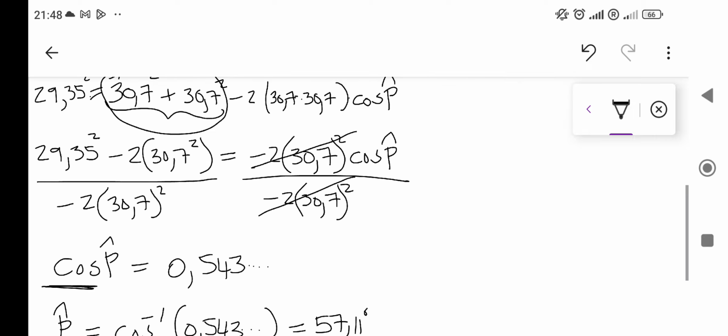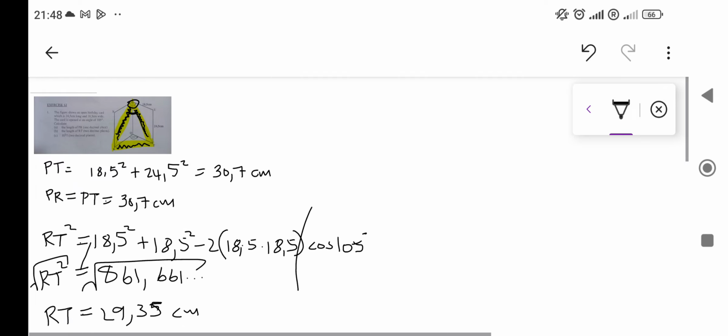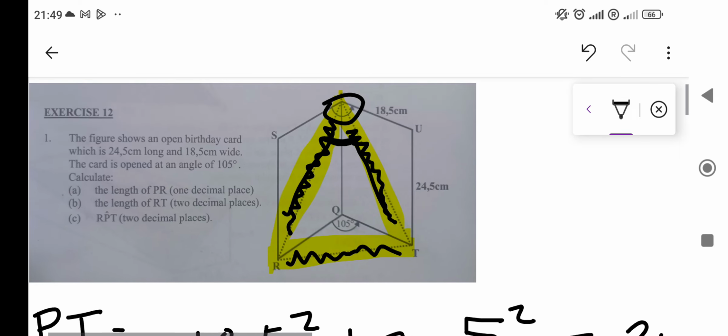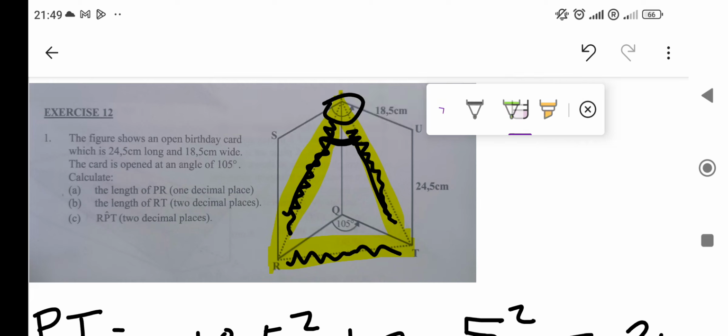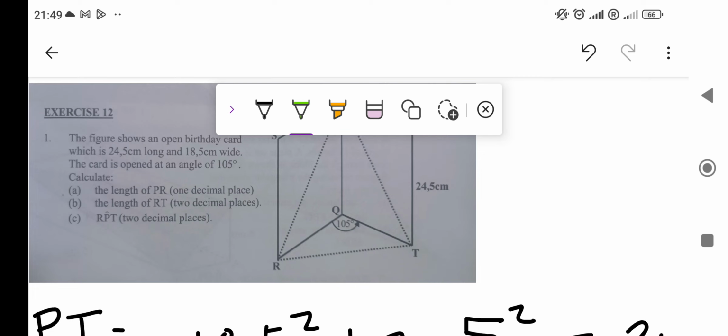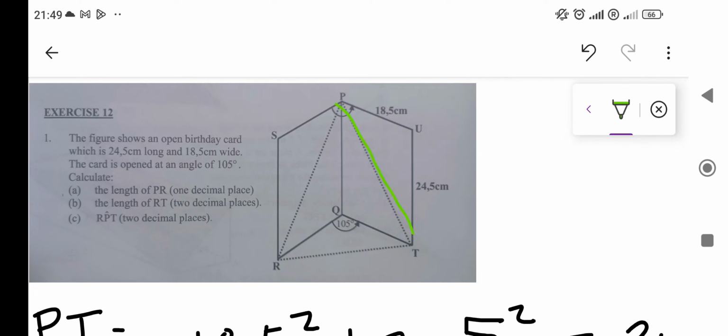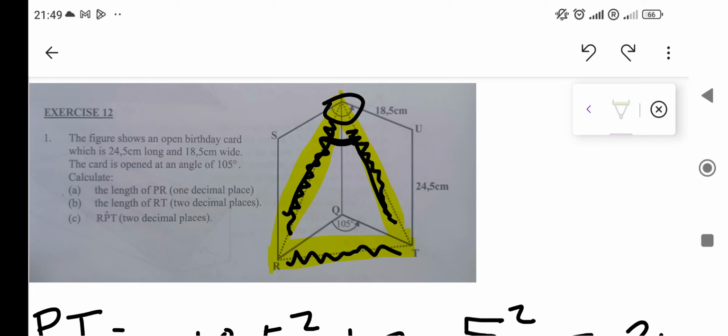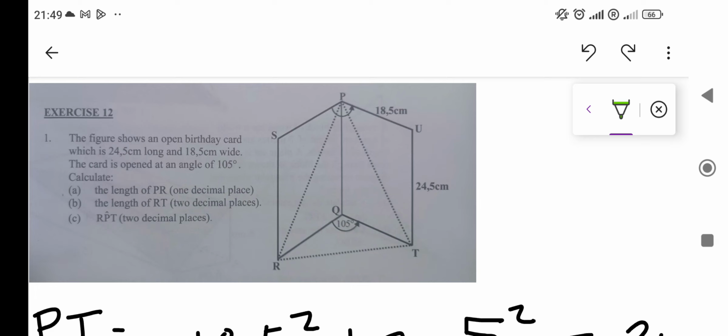Okay, just make sure when you deal with a question like this that you know which triangle you're working in. Okay, so let's just look back at this quickly before we end. There's many different triangles. So for example, we started working in this triangle PTU. Okay, so that was the first triangle that we worked in, and then I think we worked in this triangle over here, RQT, and lastly we dealt with this triangle over there. So make sure that you realize that there's more than one triangle. There's a bunch of triangles to work in,